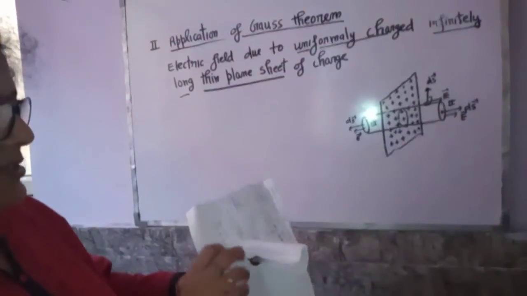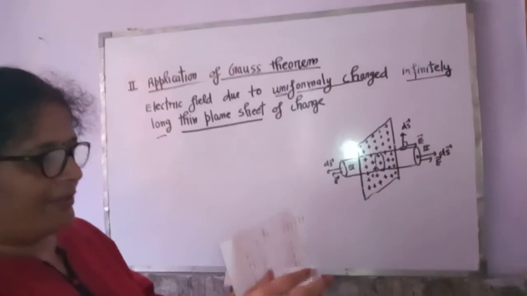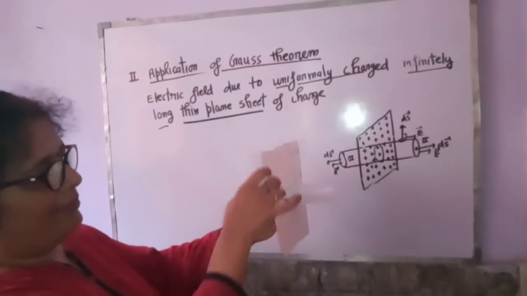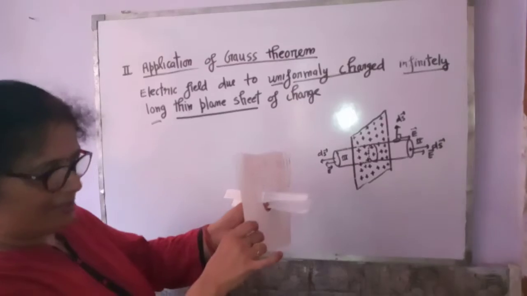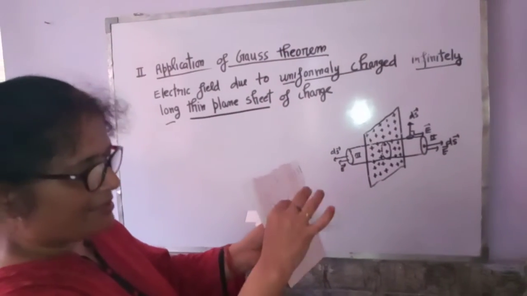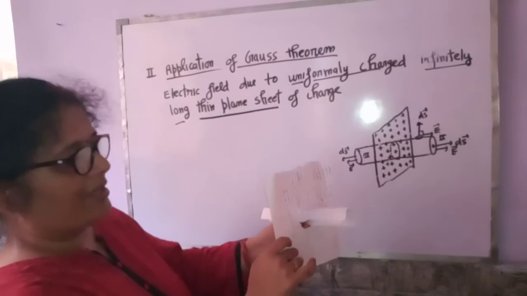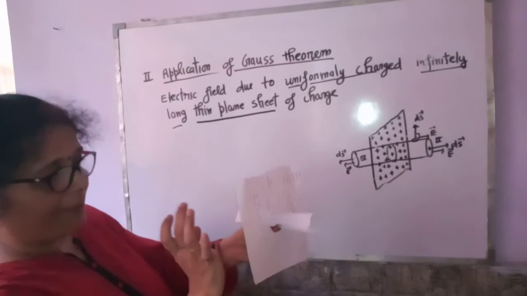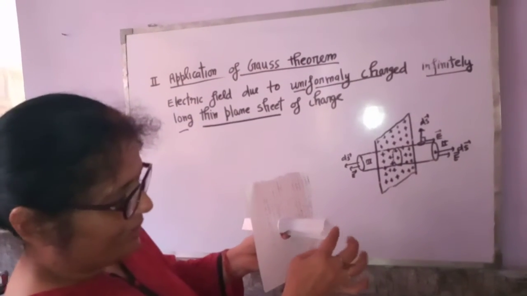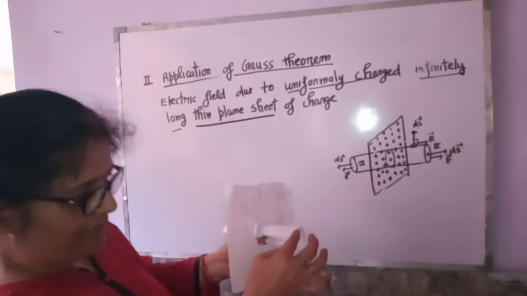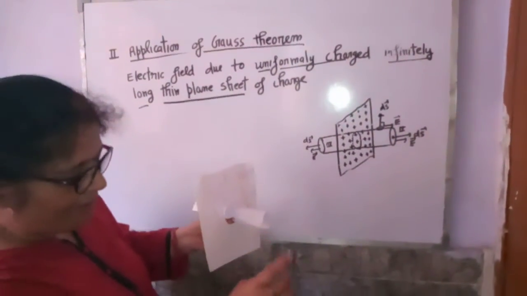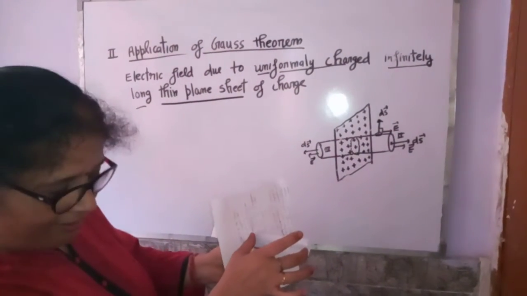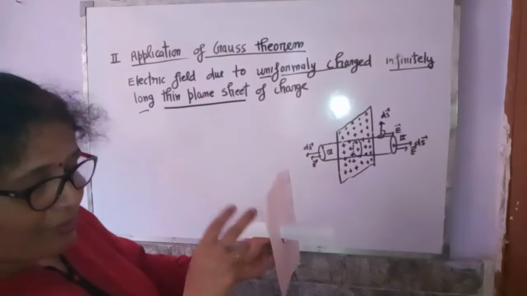Now the cylinder is such that this distance is r and this distance is also r. This is a thin, infinitely long, uniformly charged sheet. This is the Gaussian surface, which is in the form of a cylinder piercing this. Piercing means छेदते हुए. Now this is the point at which the electric field is to be determined, and it must lie on one end. Suppose this distance is r, this distance should also be r.